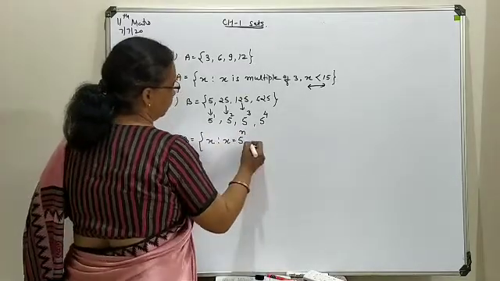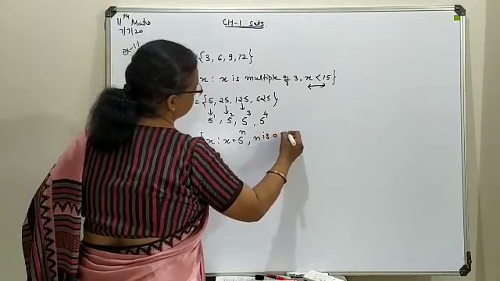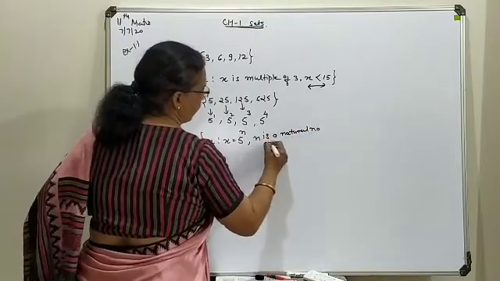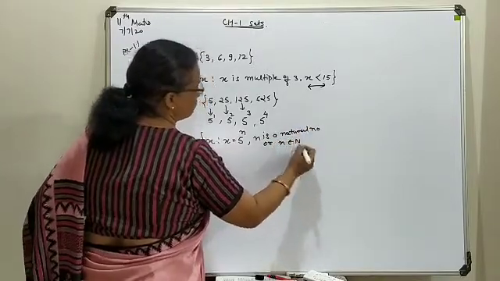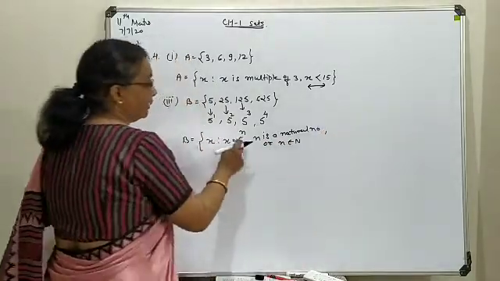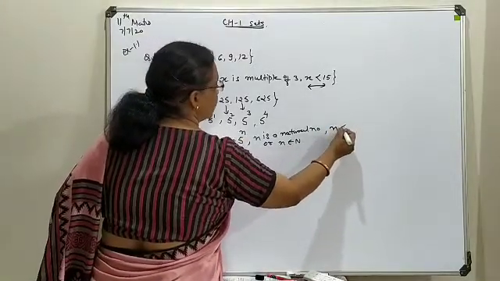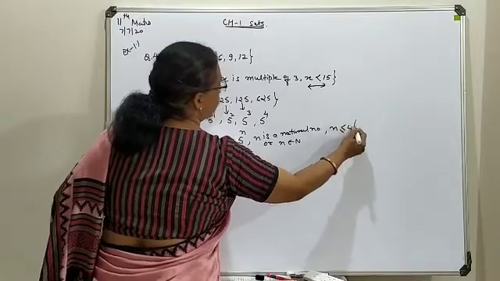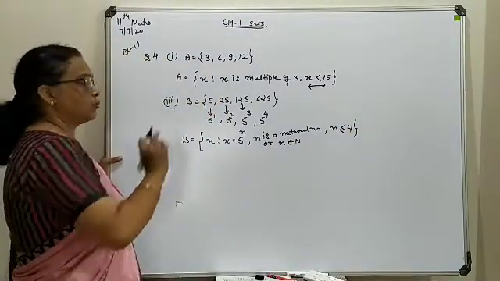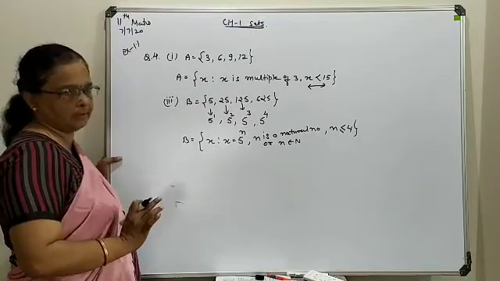So first one is: n is a natural number, or in place of that you can write n belongs to capital N, the set of natural numbers. Secondly, what is the limitation regarding this n? n should be less than or equal to 4. So this is a limitation we can write. We can start with the natural number 1 and stop at 4.